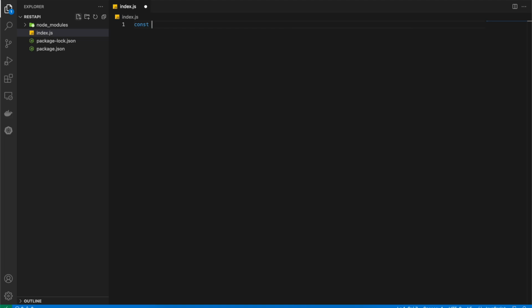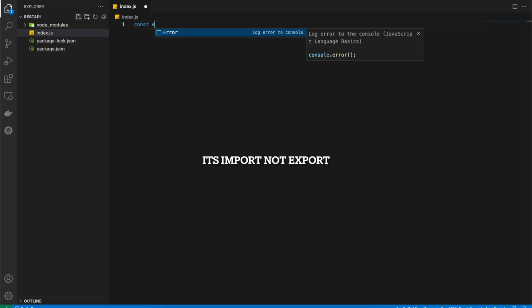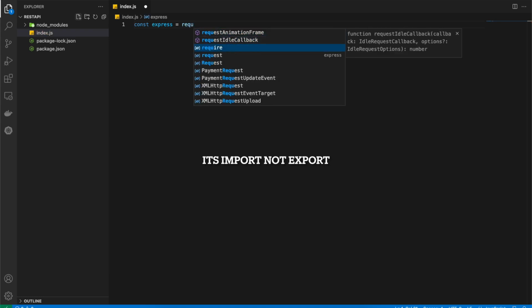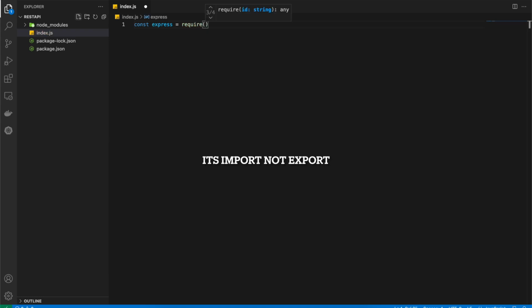I'm importing a library like express. We have a module, you can call it a module as well as a library or a framework. So I am importing express in my file by using this syntax and assigning it to